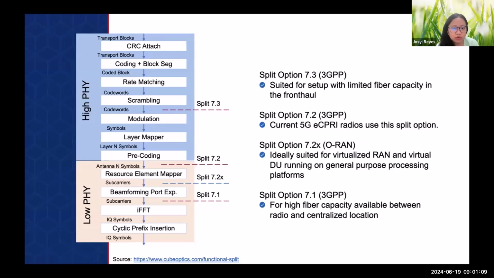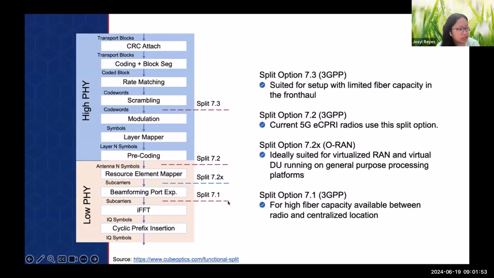And if you want to know more, medyo marami nga lang details dito. Una ko nakita na it looks very detailed talaga. So you can go to this website, www.cubeoptics.com/functional-split. You can see there all the different details for each protocol. We have how many protocols earlier? Meron tayong 7 RAN protocols. In each RAN protocol, naka-define yung mga different blocks nila. Ayan. So you can visit this one. You can search as well. Ayan. So yun yung functional splits natin.